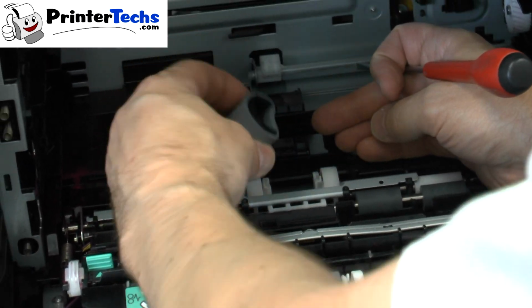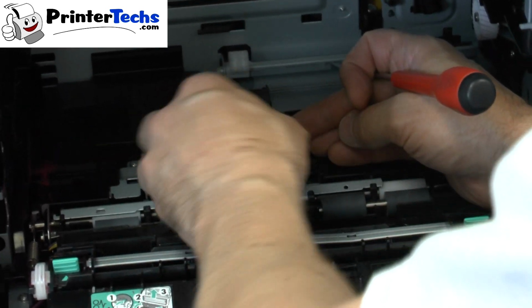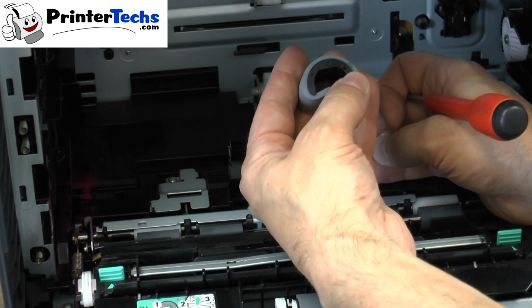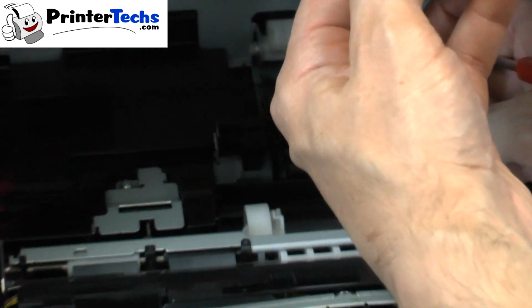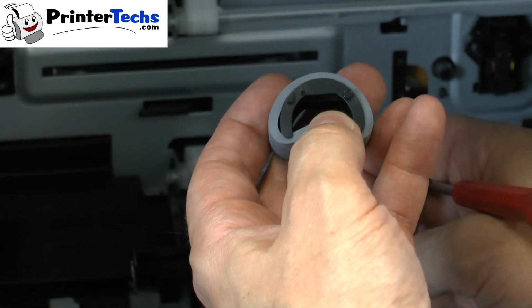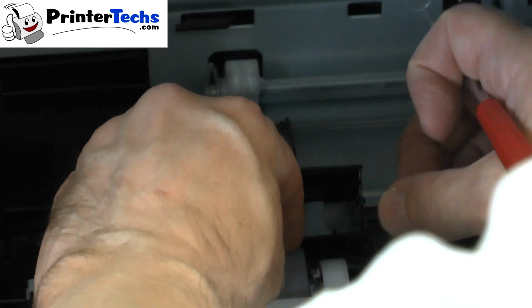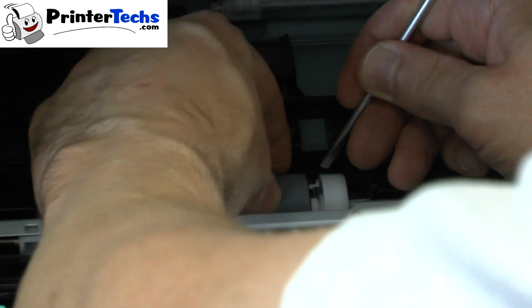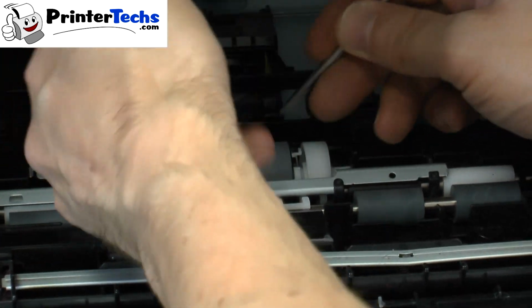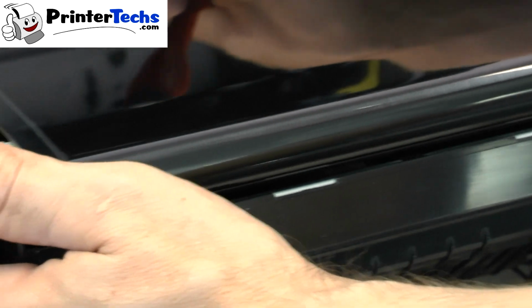To reinstall this, you want to put the back end in first on this. So there's pegs in the front and the back of this roller, and they're different shapes. It's a round peg here and more of a triangular shaped peg on that side of the roller. So the round side peg in the back goes in first, and then you might have to rotate this a little bit to get the seat back into place. It might take a little bit of work to get that back in there, but you'll get back in there. Don't worry. Alright, so we got the 2 pickup rollers installed